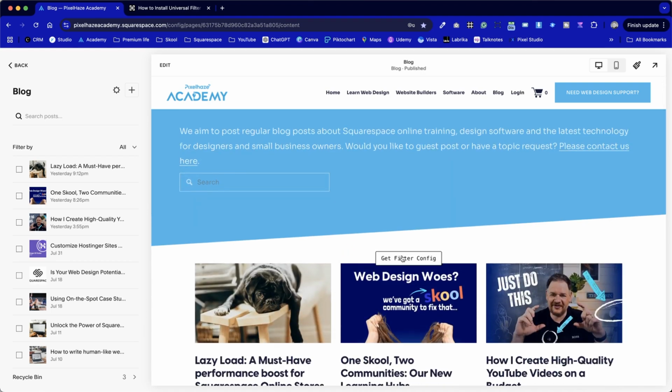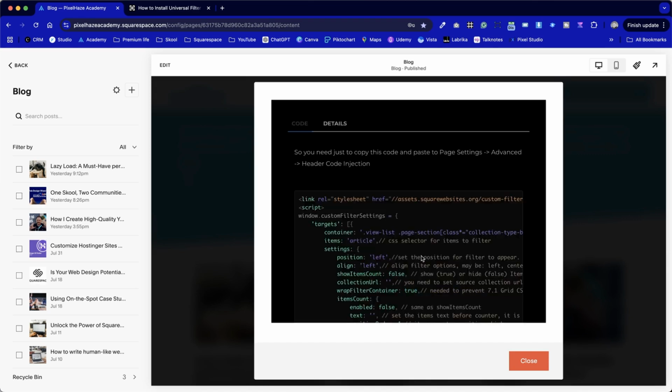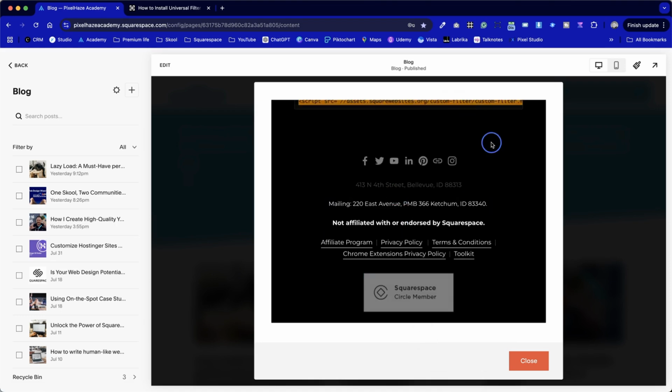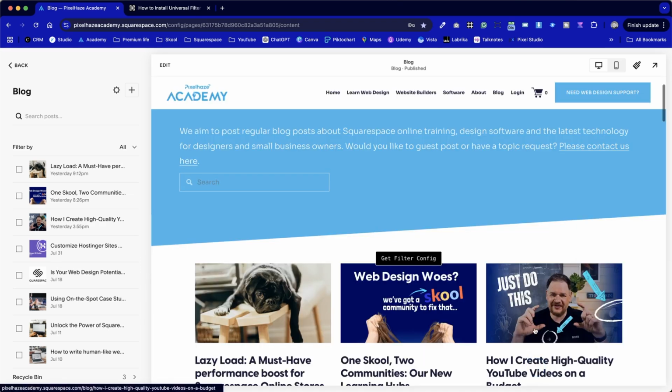We should be able to see this Get Filter Config button here. If you're not seeing it, maybe there's something you've done wrong, which I'll show you in just a moment. But for now, with the code selected, I'm just going to select all of the code in that block. I'm going to press Command-C on a Mac, or you can use Control-C on a Windows computer, or right-click and press Copy. I'm going to close that down, then go back into our blog settings,